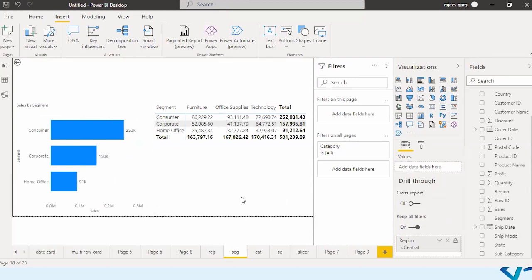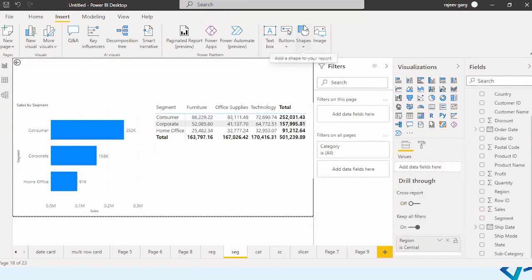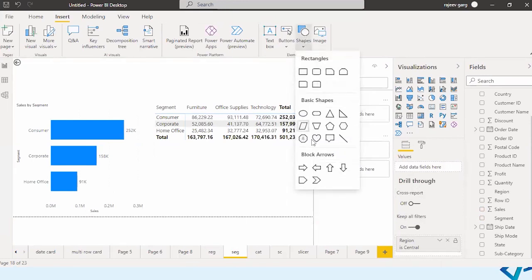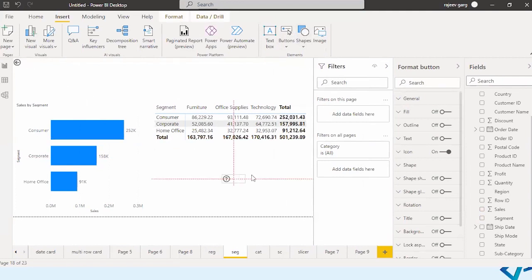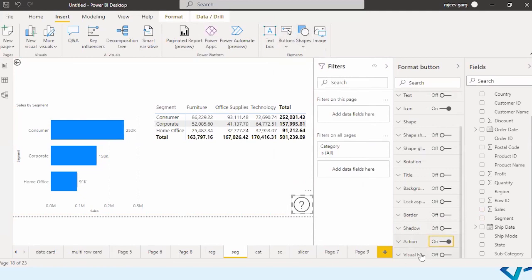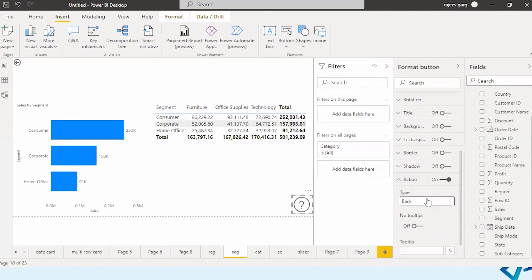I will also create over here buttons. Let me take this. And this I will take as action. Let me take it as drill through. And the destination is category.